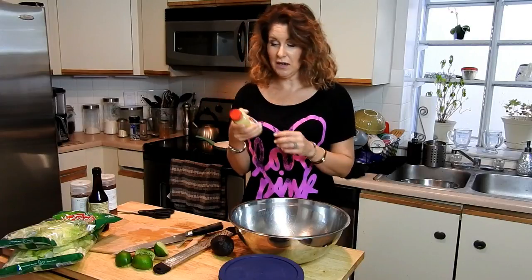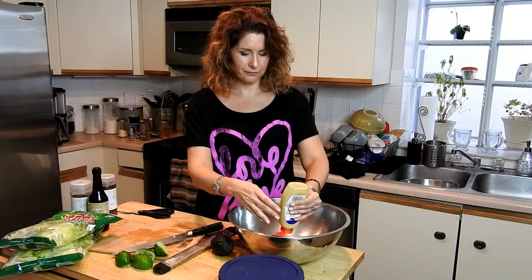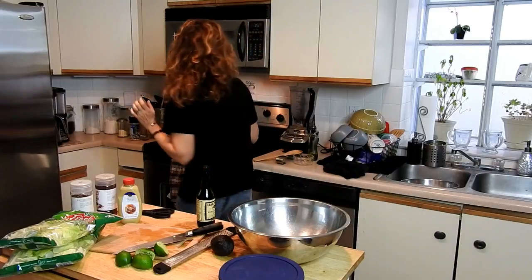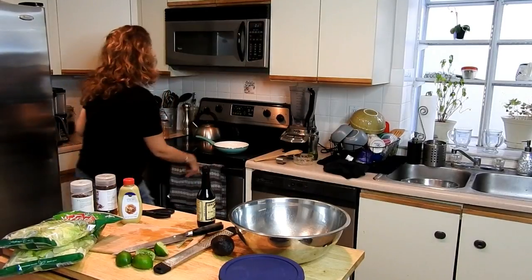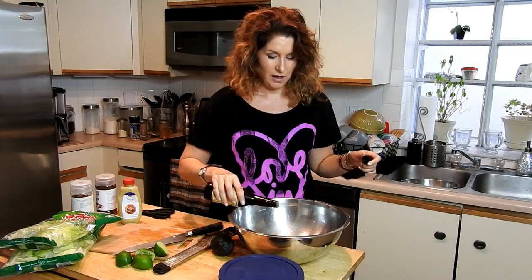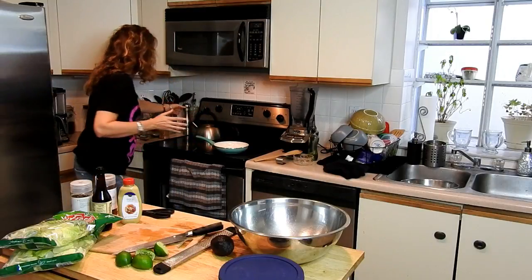Dijon mustard, something I love to keep in my pantry. It's a great one. I use it for several different kinds of dressings. You need a tablespoon, so again, I eyeball it. Okay. And Worcestershire sauce, again, read your labels. Oh, there's our croutons. Let me just check on those. Yeah, I would say I'm going to give them 2 more minutes to toast up a little bit more. I'm going to add some Worcestershire. Again, I eyeball it, but I will put exact measurements because I know some people like exact measurements, but I make this one all the time. And then again, pepper